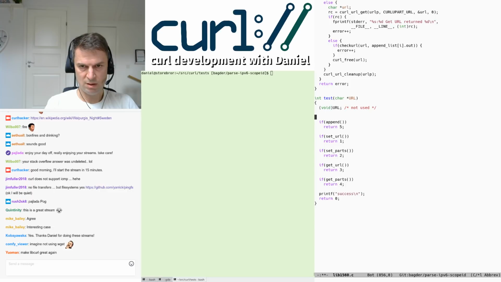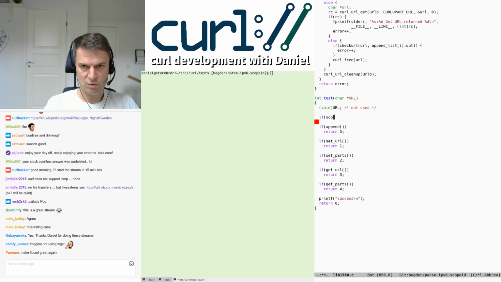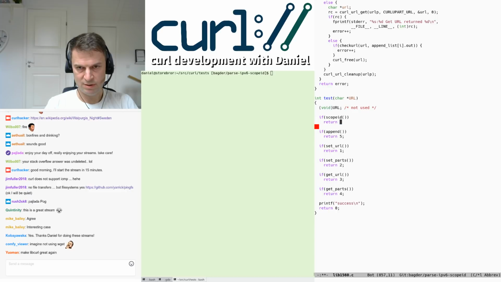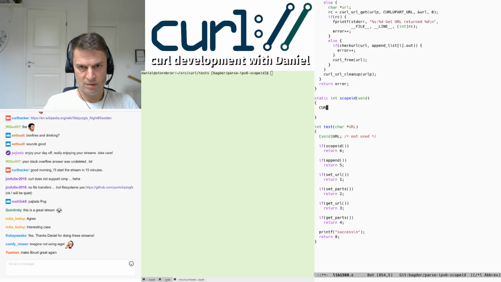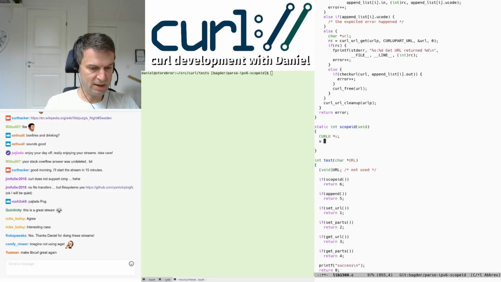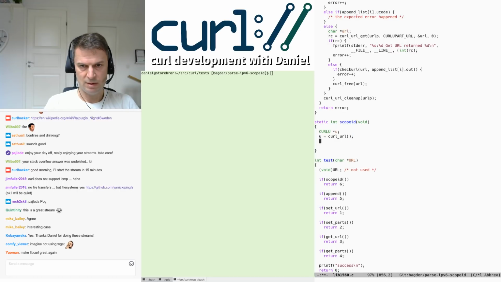I could do it. 5.1. Yeah, okay. If scope ID return 6. And I'll make it a separate one here. Static int scope ID. So here's how you use the URL API. You create a handle with curl URL, and with that handle you can ask it to parse, for example, a URL. And in our case, we will parse